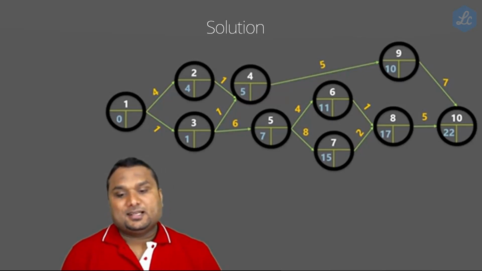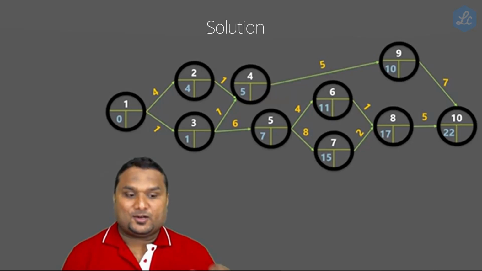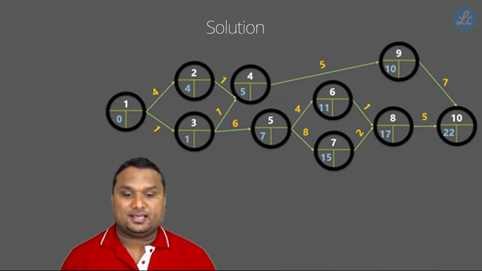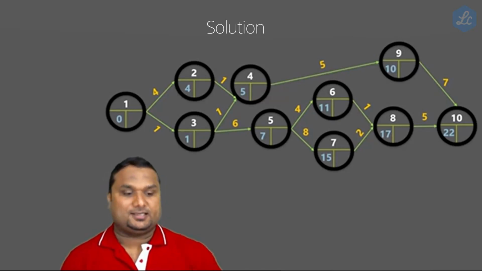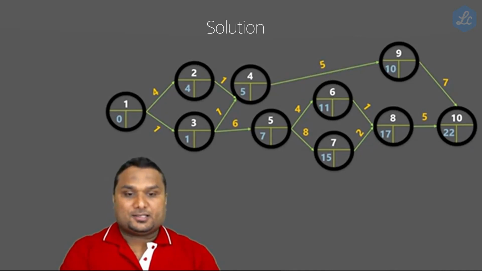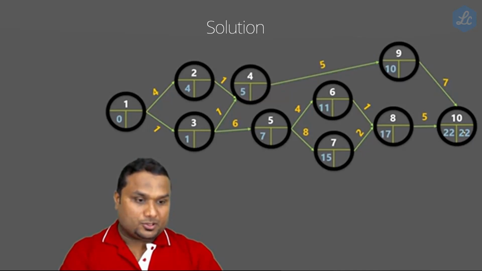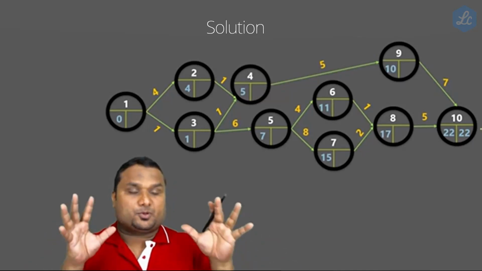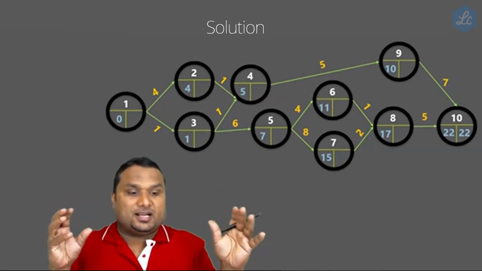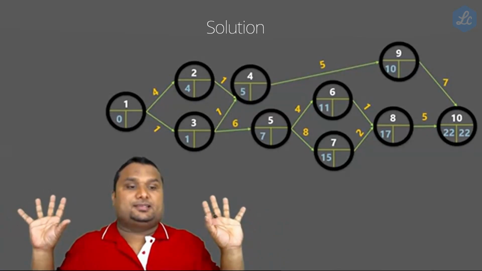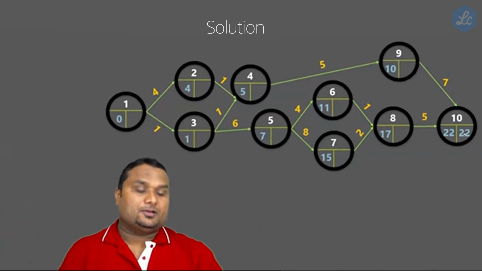This means the project will be completed on the 22nd day. It will not be more than the 22nd. It will be done on the 22nd. Is that clear? Now we are just computing the values on the right side. So I put 22 over here. That means the project is ending on 22. We can't extend this further. It has to be finished on the 22nd itself. That is the meaning.